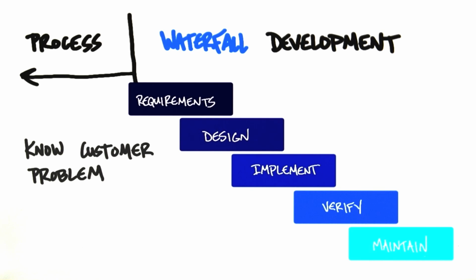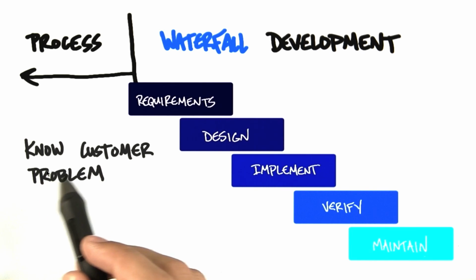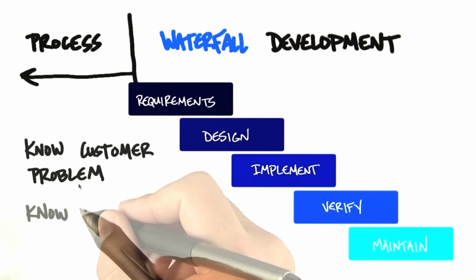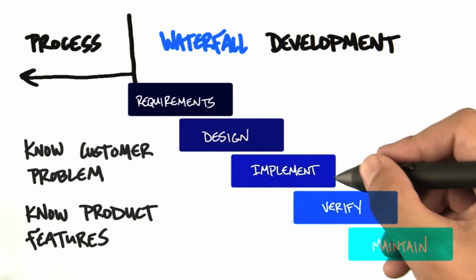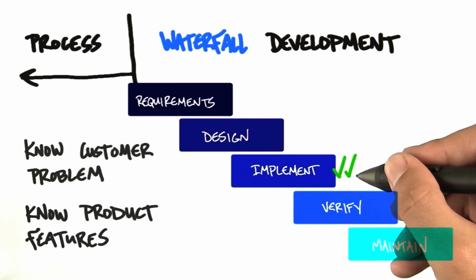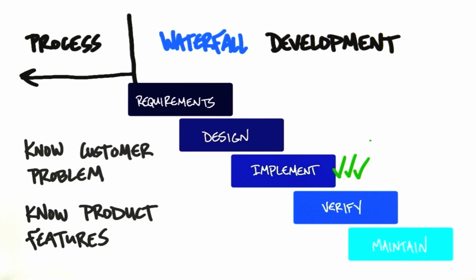But in most startups, all you have is the founder's vision. And what you tend to do in a startup is confuse a faith-based vision with customer facts about problems and needs. And what happens? The consequence of assuming you know the customer problem means you assume you know every possible feature to ship on day one. So therefore, you shut the door and you start implementing. And instead of just implementing a piece at a time, you actually implement every possible feature you could think about